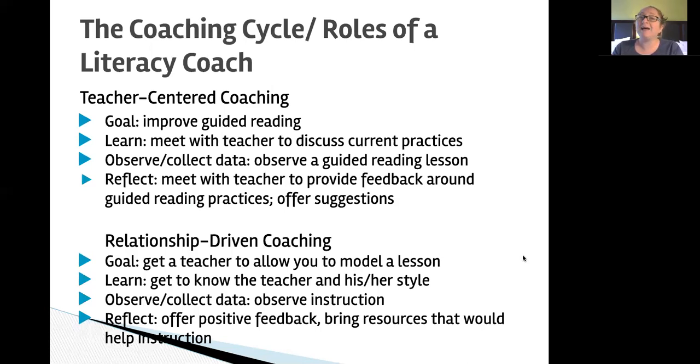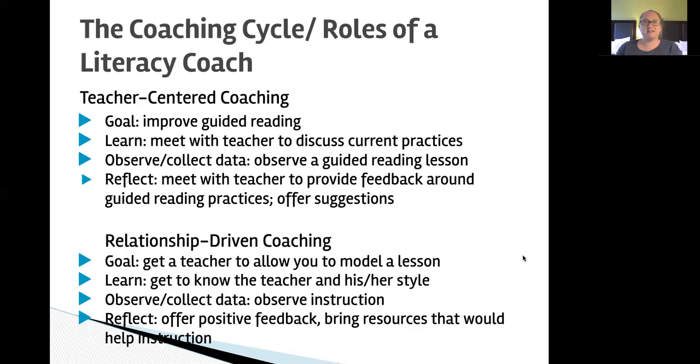Something that I used to do a lot to get into teachers' classrooms would be, if I heard them talking or I observed them doing a unit on, say, World War II, like reading text from World War II, I would go and find as much as I could in different genres: political cartoons, propaganda, letters, whatever I could. And I'd combine them and I'd stop by and I'd say, oh my gosh, I heard you were doing this unit. I came across these resources that I think you would find so valuable.